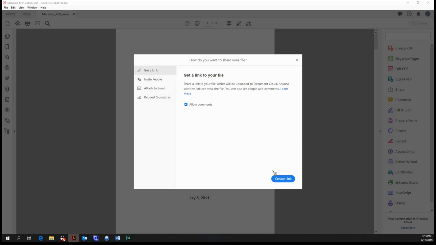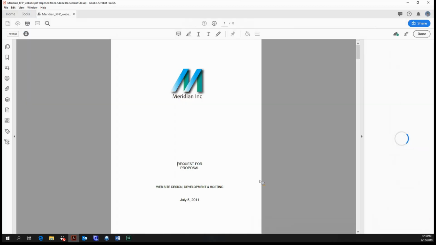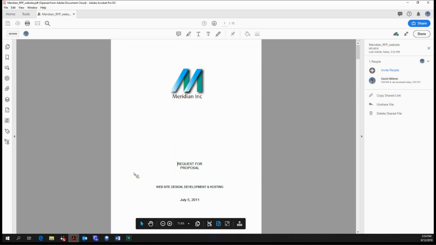You have this little checkbox right here to allow comments. So basically all of the functionality within the commenting tool would also be available to you within the document cloud once you click into it with this link, which has just popped up. Impeccable timing. So you can copy the link, or you can just go directly to the review by clicking this button, which will basically show you what it'll look like in the document cloud. But we can also copy it to the shared link like this,